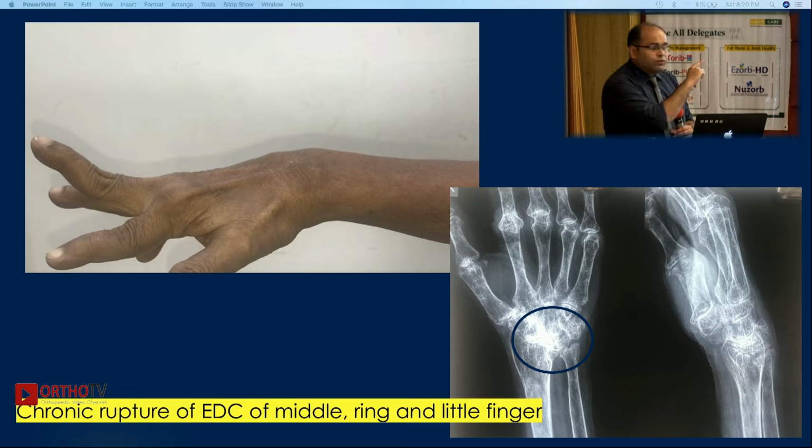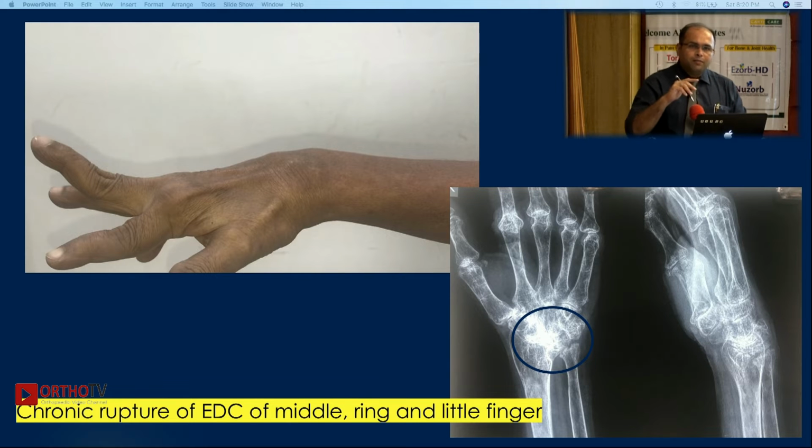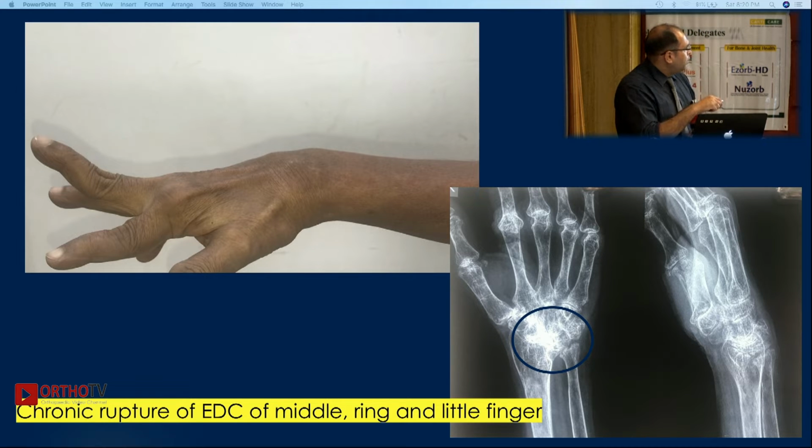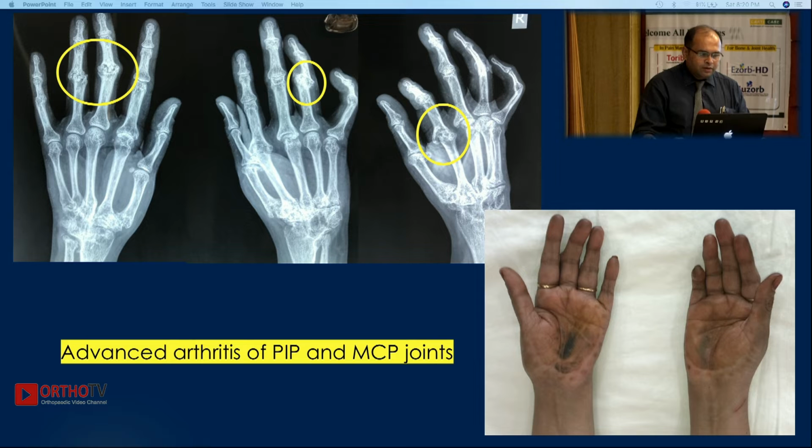Whenever you see a finger drop or complete inability to extend the digit, think about rupture of the tendon. And whenever you see an ankylosed wrist, in this case wrist fusion is probably not indicated, because there is no pain at all. But we need to treat this patient not only to correct the extension; if you don't correct the distal radioulnar joint, whatever tendon reconstruction you do is going to rupture again.